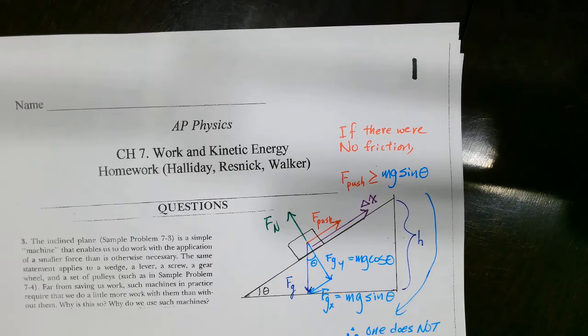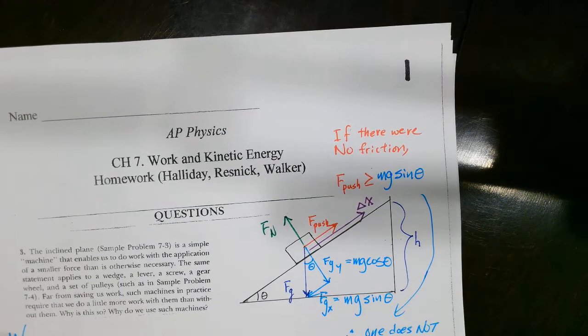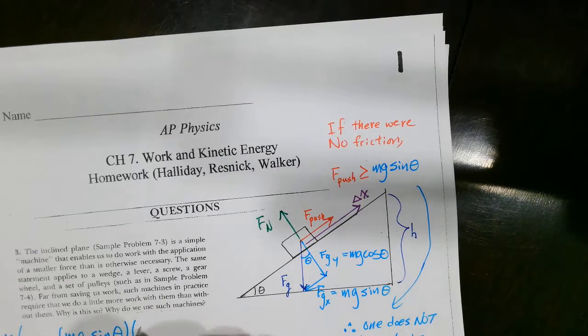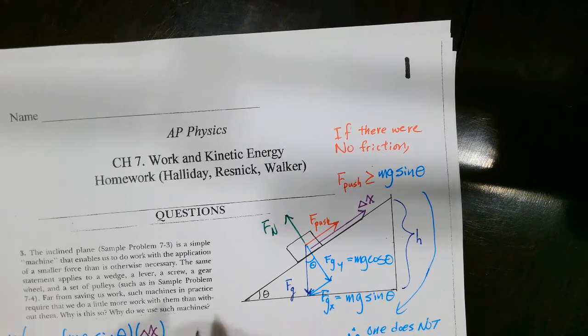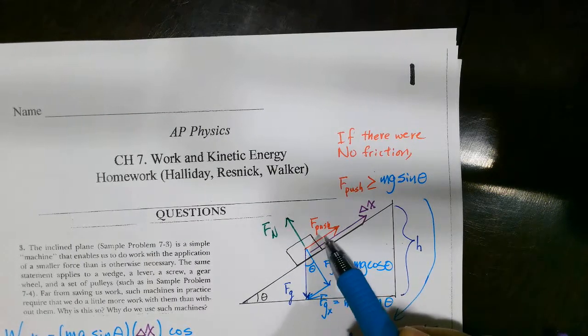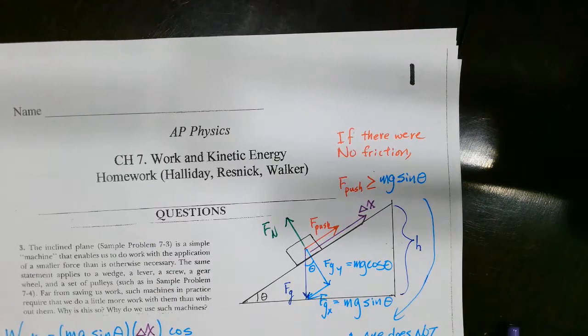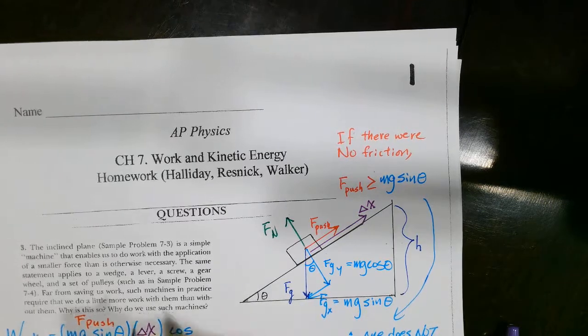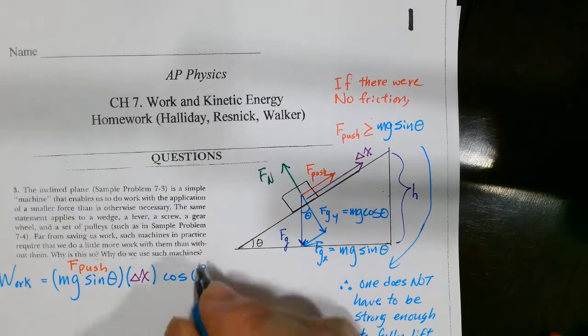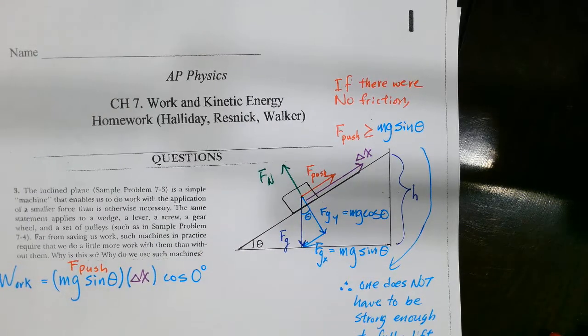So if you were to think about work being done, work is equal to mg sine theta, which is your F push, times delta x, times cosine of, and this will be 0 degrees. Since cosine of 0 degrees is 1,